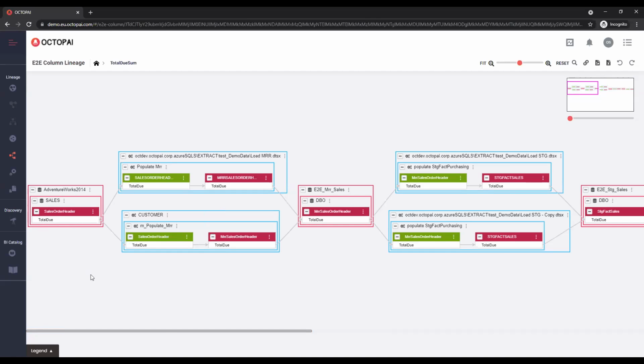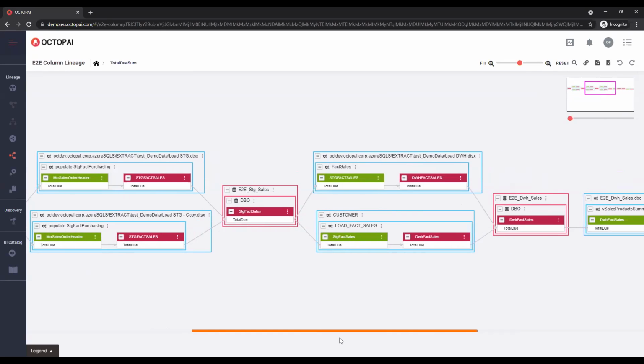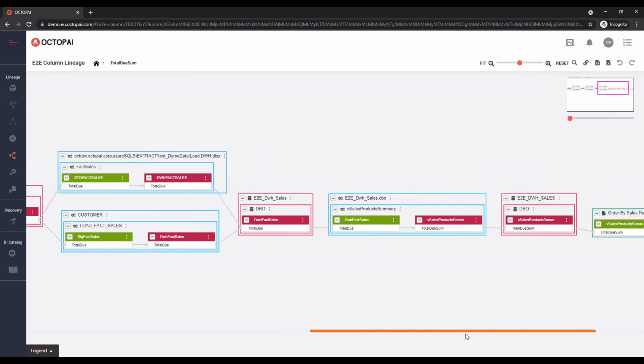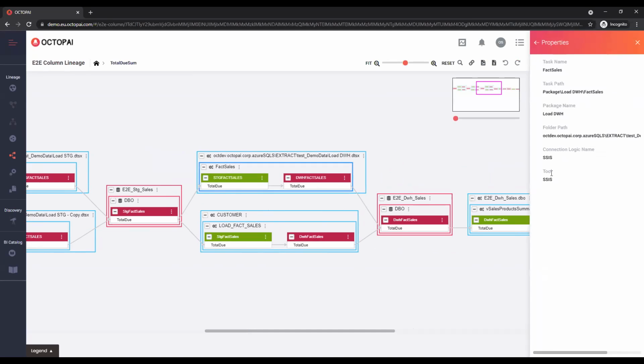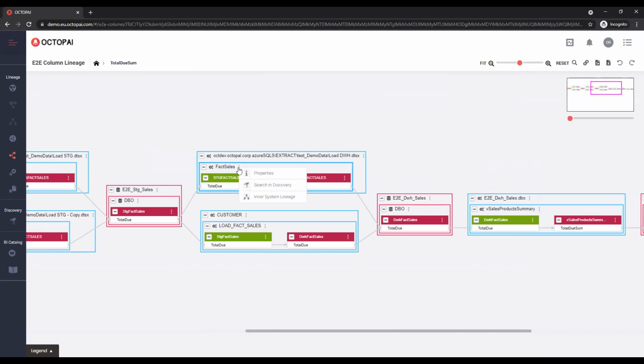This is the original source in the billing. But let's say for this example, I also want to continue investigating the processes that this piece of data is going through. So each one of these blue boxes represents an actual ETL process. If I click here, for instance, on the three dots for the fact sales, which is an SSIS data flow, I can go ahead and